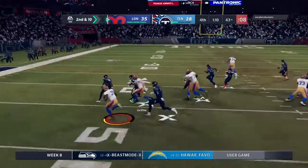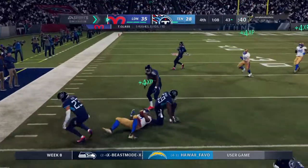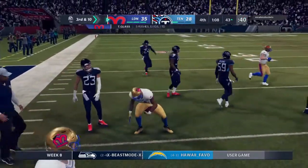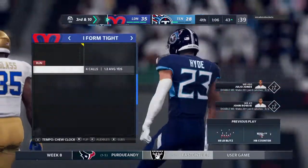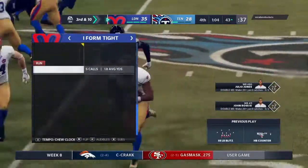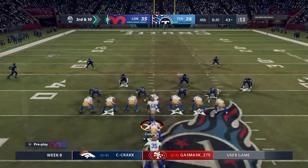They run the counter. Glass. And here's another tackle made at the line. So they're converging well on the football now. Back-to-back stops make it 3rd and 10. And now the question everyone's wondering, look at the clock, late 4th quarter, do they put the ball in the